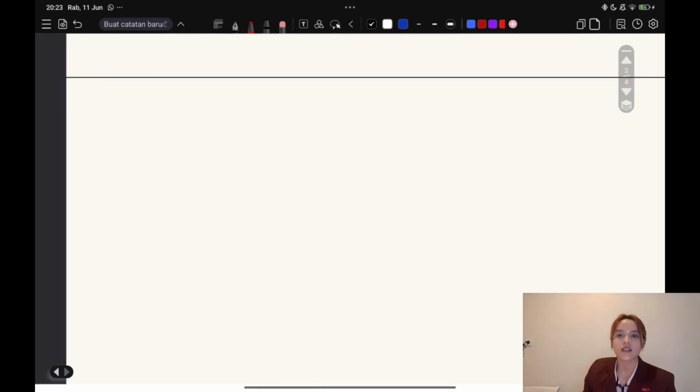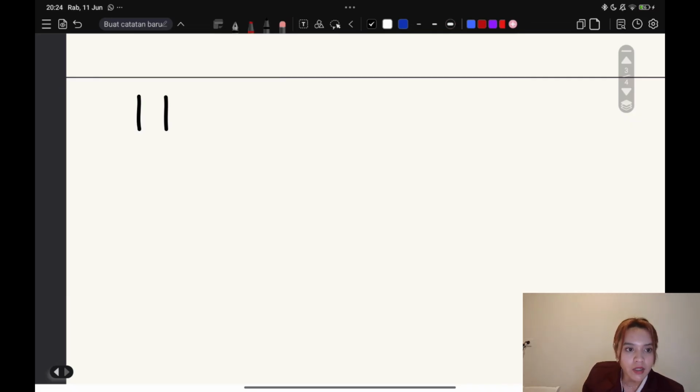Okay, the next one I will explain about matrix determinant. The determinant of a matrix is a scalar value obtained through certain operations on the elements of a square matrix, denoted by a pair of vertical lines or strips, like this. The numerical value of a determinant can be found by multiplying its elements diagonally.